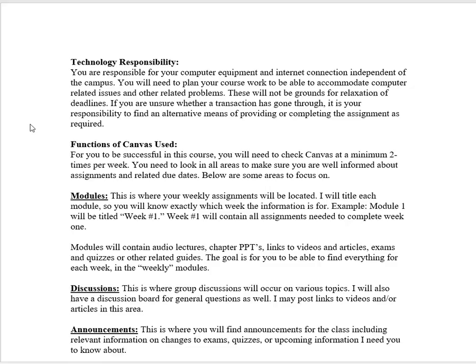But if something happens to your computer, or you have some kind of problem, that's something on your end that you need to have a contingency plan for. So you need to plan your coursework to be able to accommodate some type of computer related issue. One big thing I'm just going to slip in there, don't wait till the last minute to do your assignments,